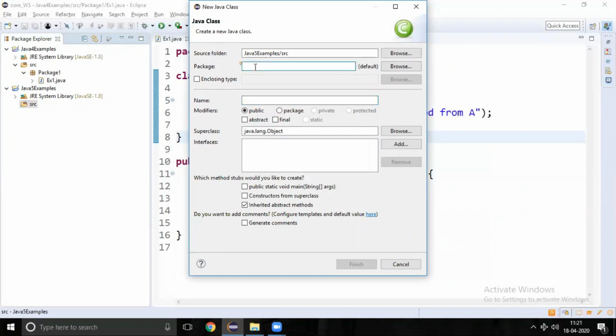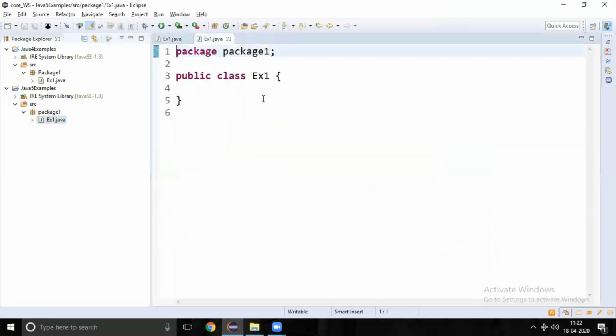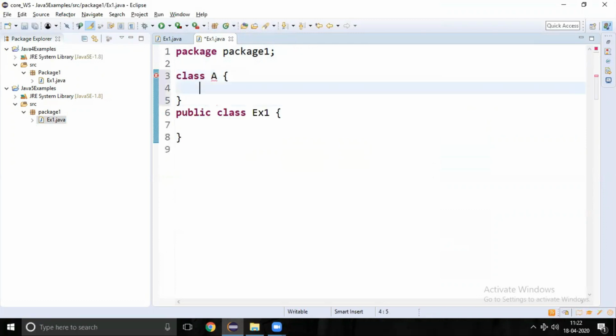So here also I am taking package 1 and example 1. We'll write the same kind of example, class A, and here static int i equal to some data,